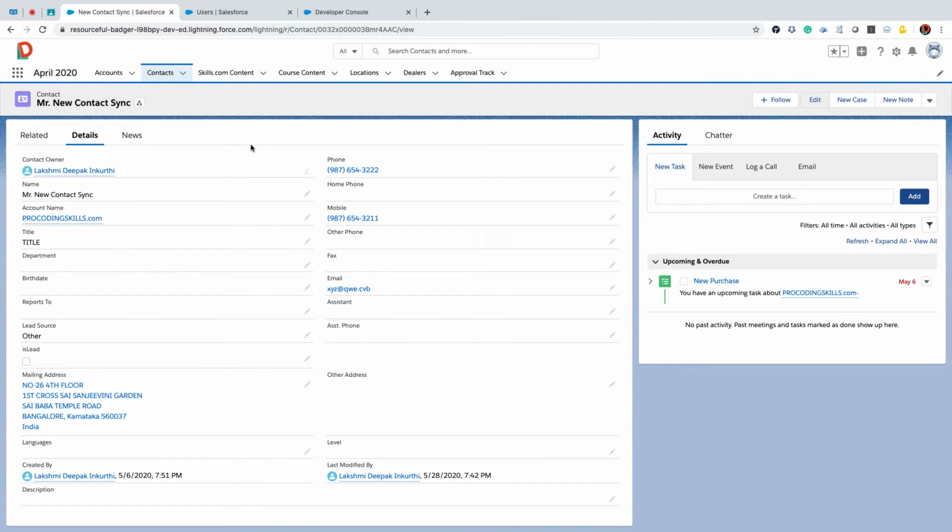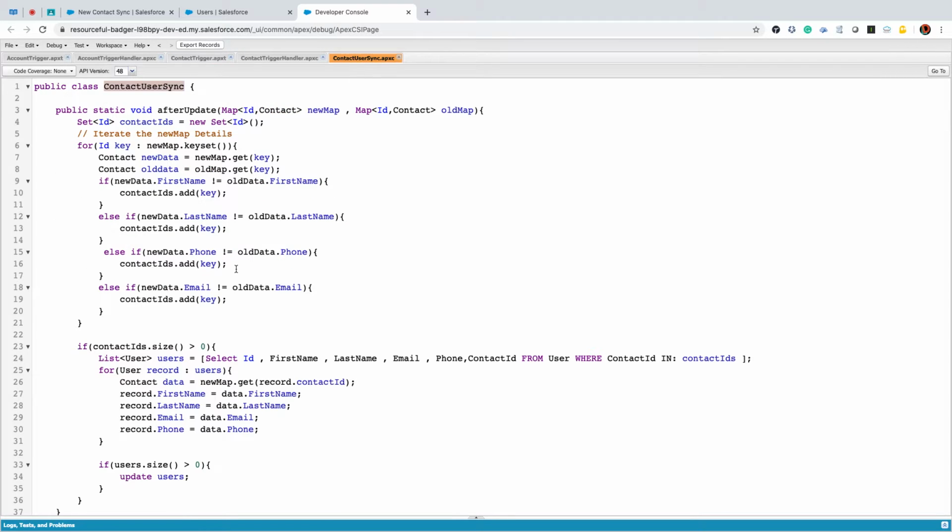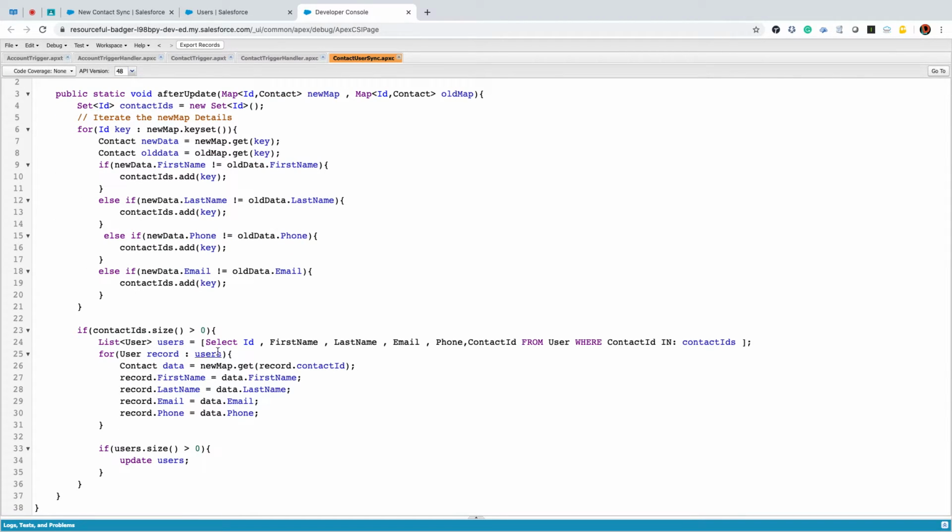Now let's add a little more complication to this. Okay, now we have a description, right? So as soon as I'm updating my contact first name, last name and email, I need to update my description also. How can I do that? So I need to keep a track of my old history. So what I'll do,